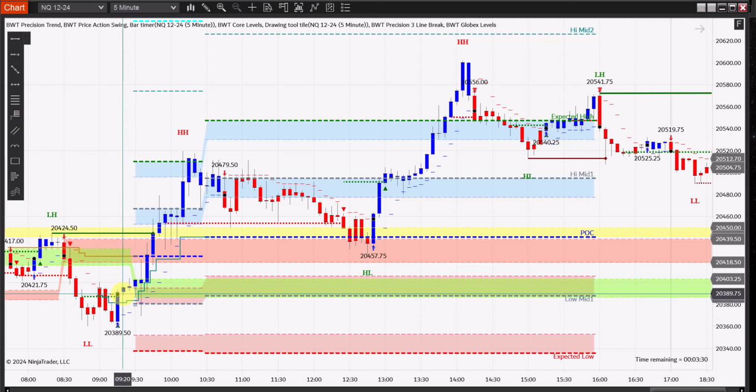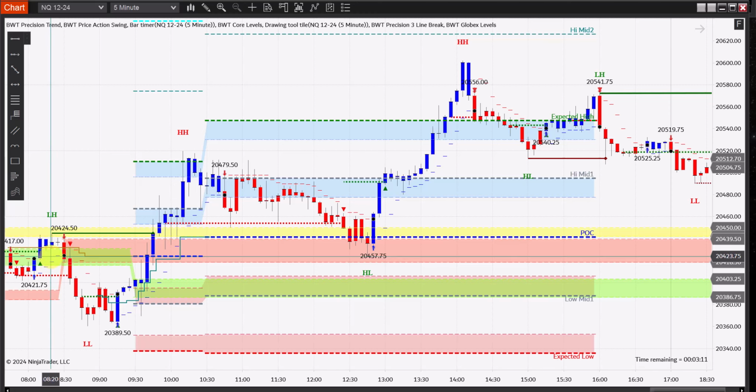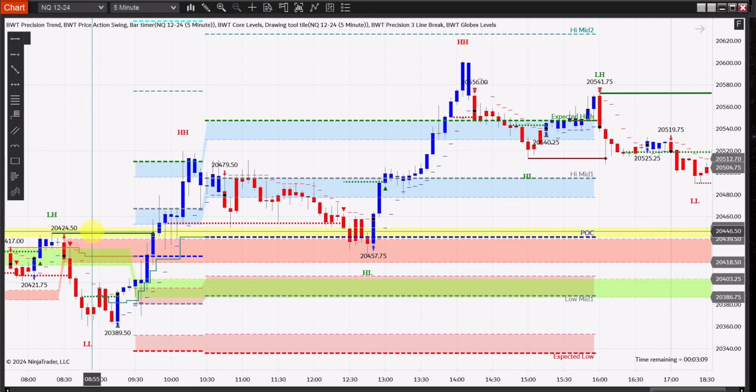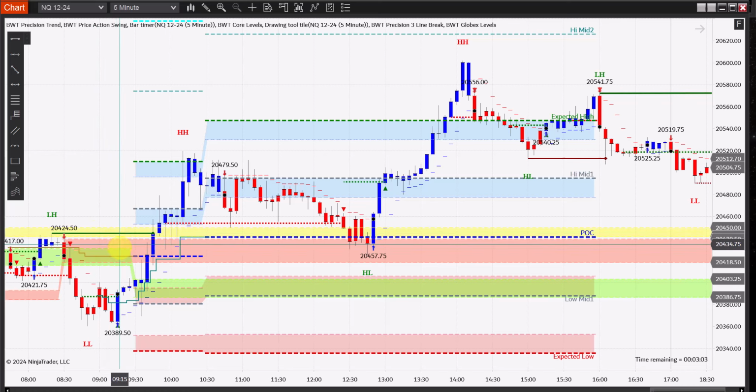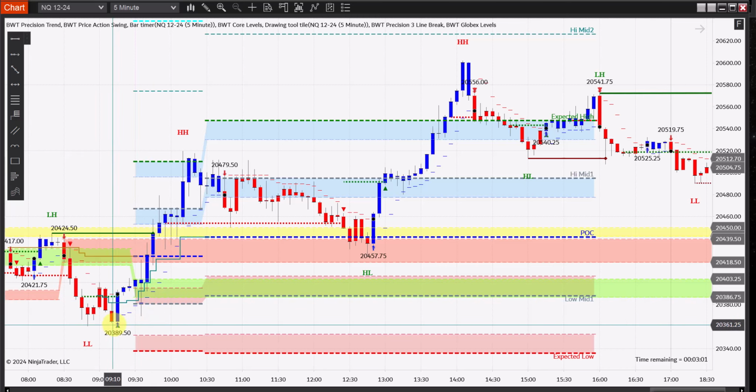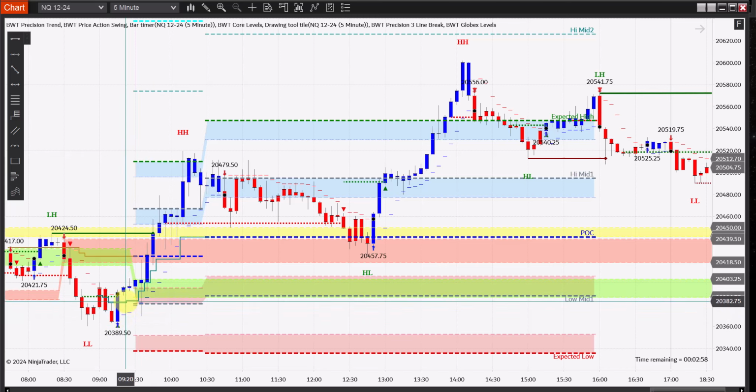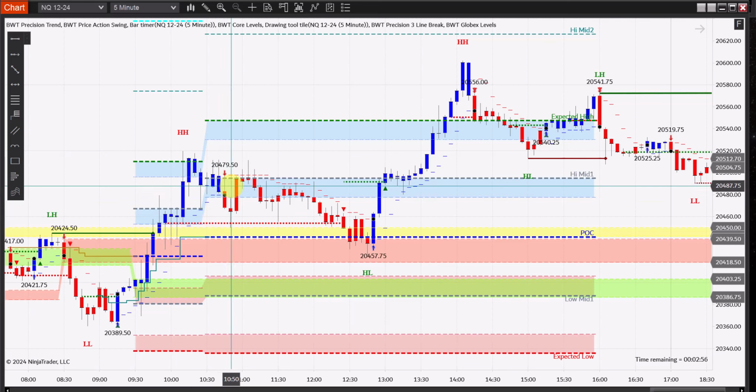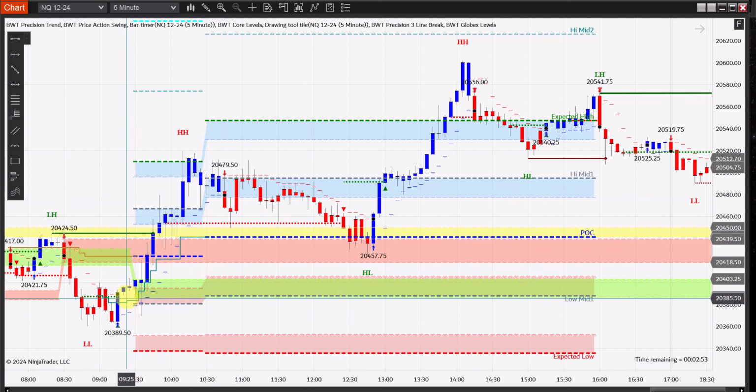And you can see right here, the first blue bar, the green shaded area. This is the opening range based on this bar. This is the 930 bar. So this shaded area is the 5-minute opening range, and then this other shaded area is the 830 opening range, and then somewhere in here, the yellow is the London opening range on a 5-minute chart. These are all important. We call these the Globex levels. Anyway, if you were to trade the BWT trend bars at the core levels, you would have massive profits on